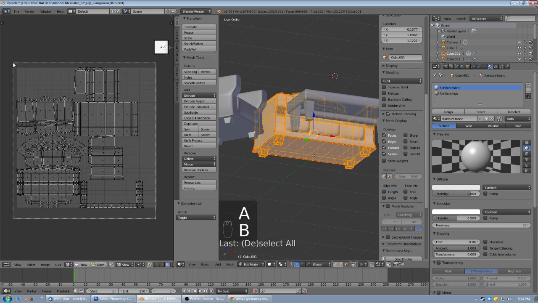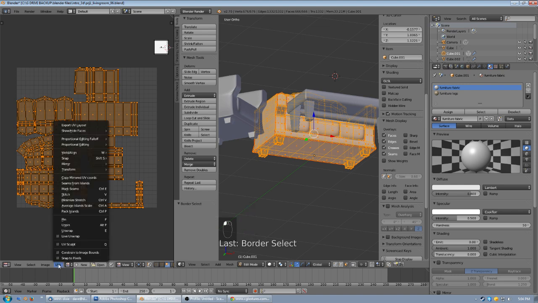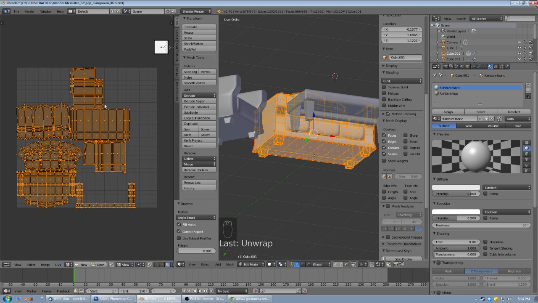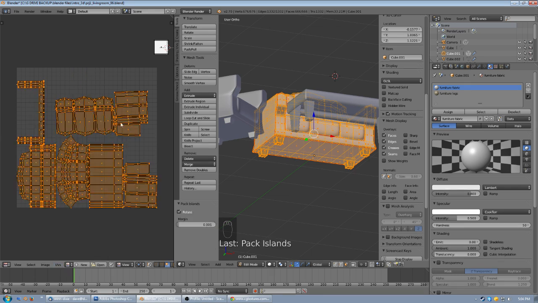Let's select all that there, only those guys, and we're going to say UVs, unwrap them again, and it should wrap them to fit the space a little better, but it's not. So let's say pack islands, and that'll do a little better. So pack islands will fit those in there a little bit better. So it looks okay for the most part, but unless we have a fabric that's going to be,